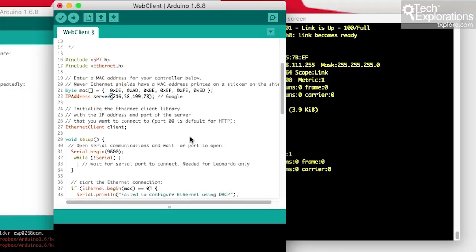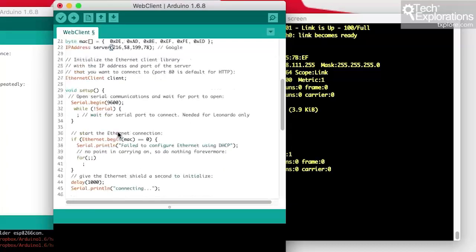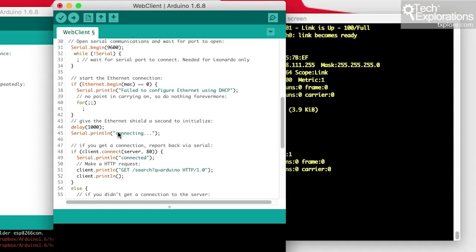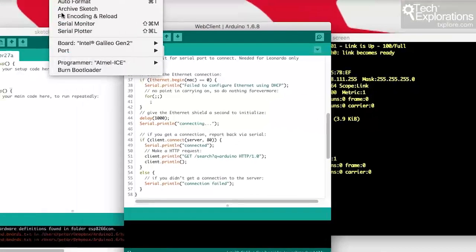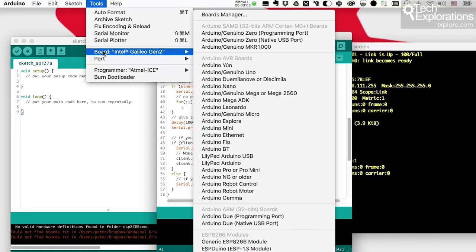So all this is going to do is go to this server and fetch the page at the root of that server. It's actually going to do a quick search, see if that works. Alright, so upload it. Double check, I've got Intel Galileo selected,